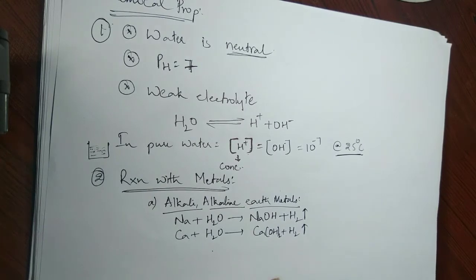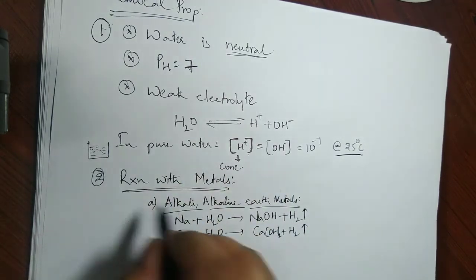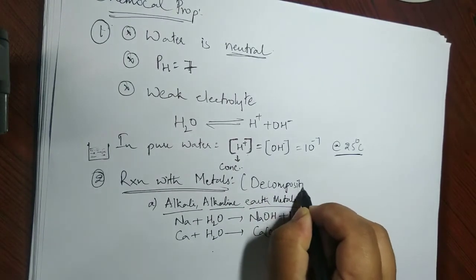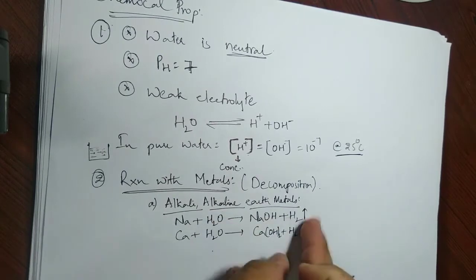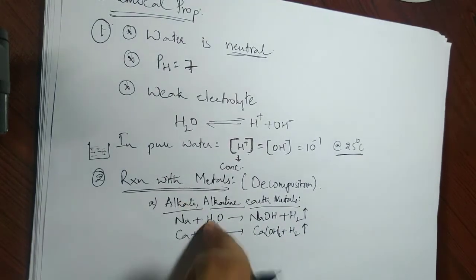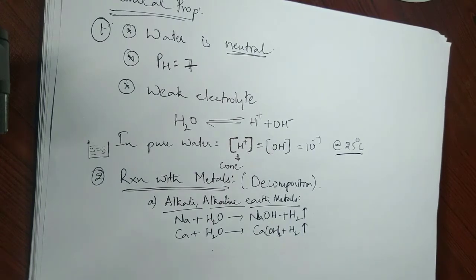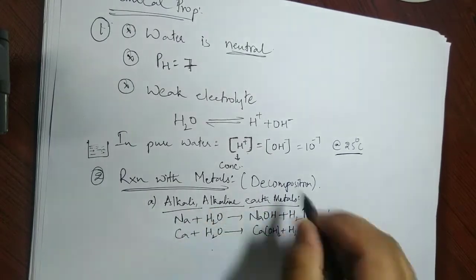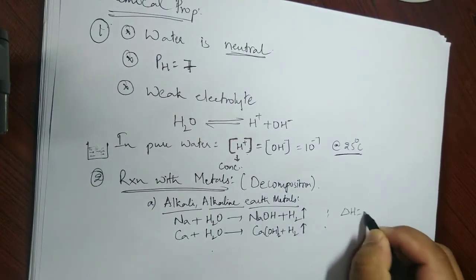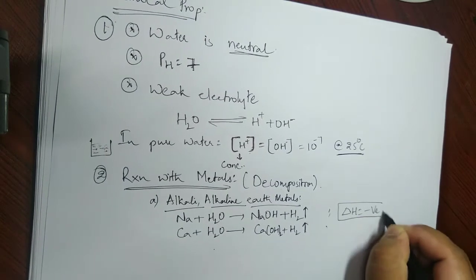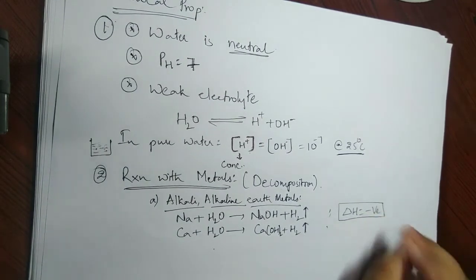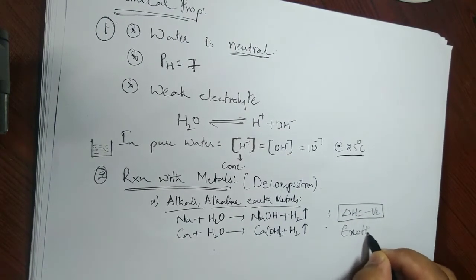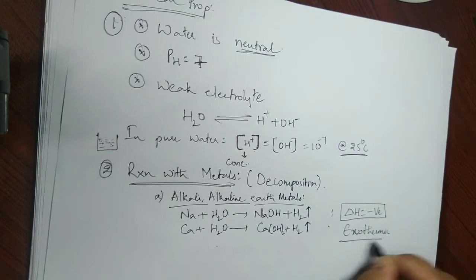Okay, so on the whole we see that this reaction we call decomposition. Reaction with metals is decomposition. Water is decomposing into 2, right? So when I react with metal, water is decomposing into 2. Fine. So the point that you must know is that for all the reactions of water with alkali and alkaline earth metals, we see that delta H is negative. Now what is the meaning of delta H being negative? Delta H is negative meaning it releases huge amounts of energy, so it is called exothermic. It releases huge amounts of energy.